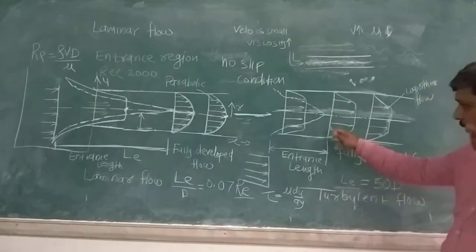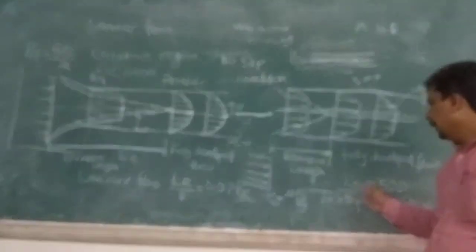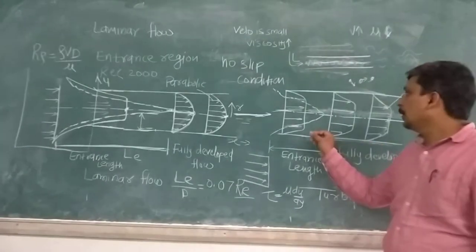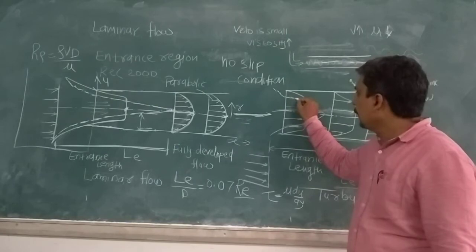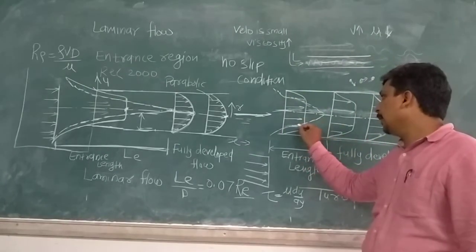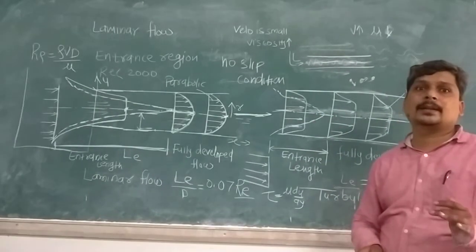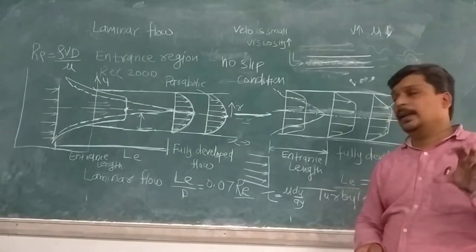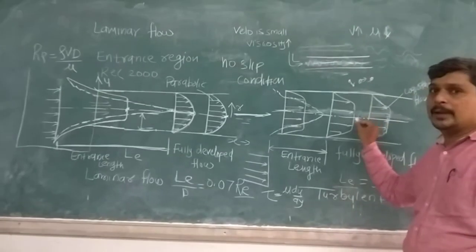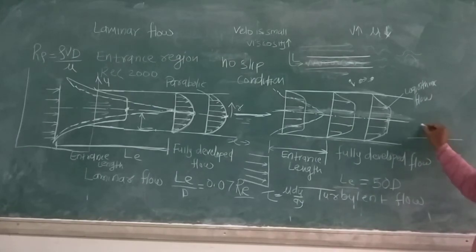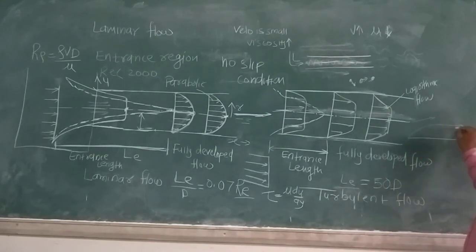Because of this fluctuation in the velocity in turbulent flow, the boundary layer will grow more at the entrance point. Again, we consider the boundary layer as an imaginary layer where there is a variation in the velocity. Here the wall is there and fluid is moving over that. In that case the fluid here has maximum velocity and at this point the velocity is lower. So for flow over the pipe, the profile will be like this.